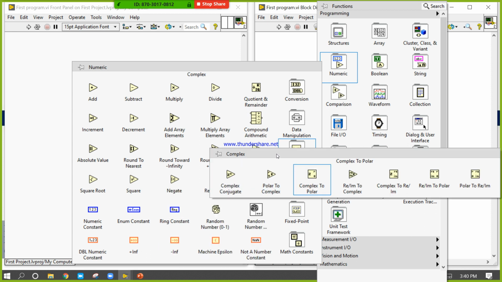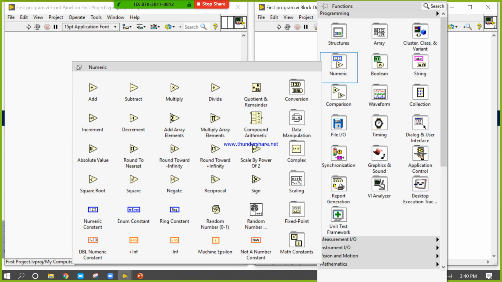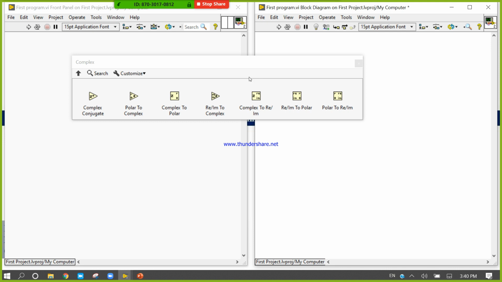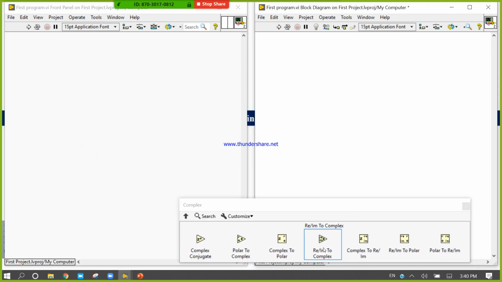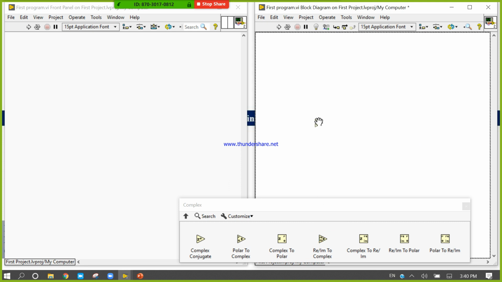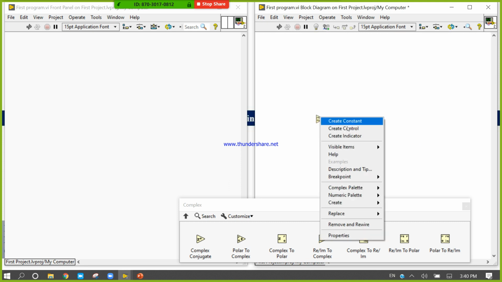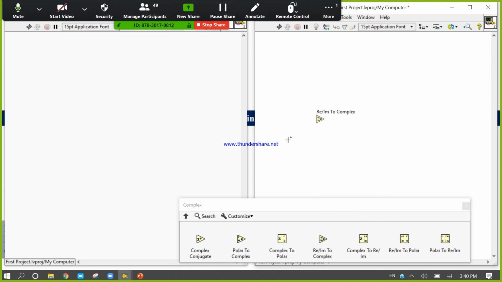We will work on the complex right now. So come to the complex, take this one, real, imaginary to complex. I have taken this one, right click, label, real, imaginary to complex.